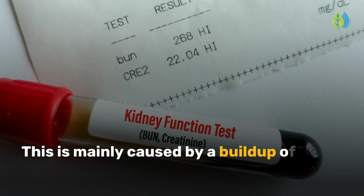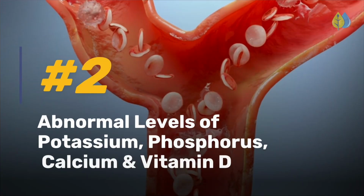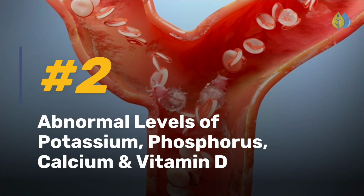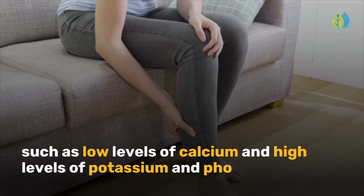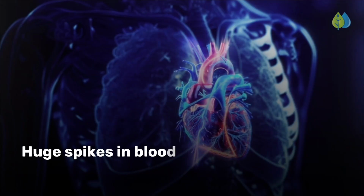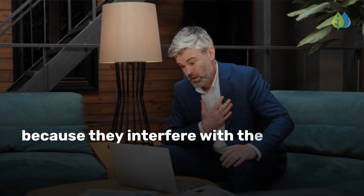This is mainly caused by a buildup of the blood chemical urea. Number 2 is abnormal levels of potassium, phosphorus, calcium, and vitamin D. When you have reduced kidney function, this causes electrolyte imbalances, such as low levels of calcium and high levels of potassium and phosphorus. Huge spikes in blood potassium or hyperkalemia can be dangerous because they interfere with the way the